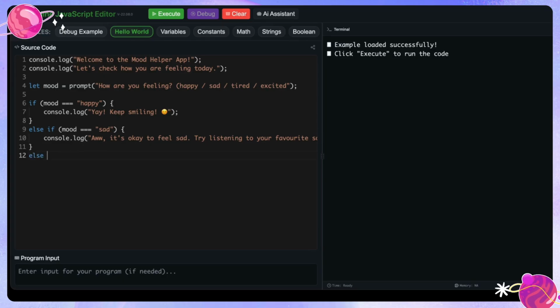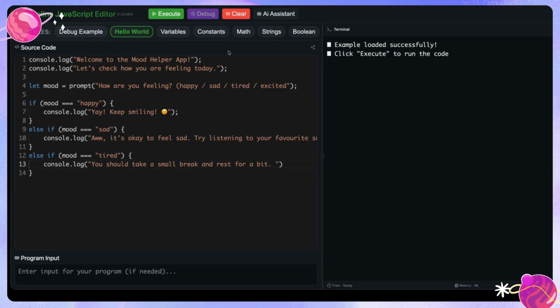So else if mood equals we're going to do tired now. And the final one is excited. So else if mood equals excited, then